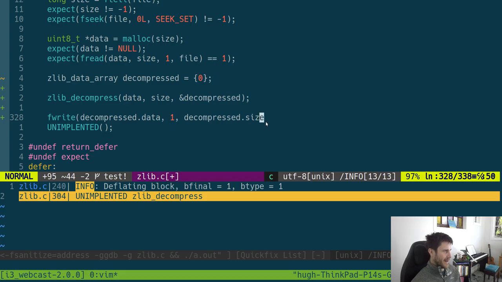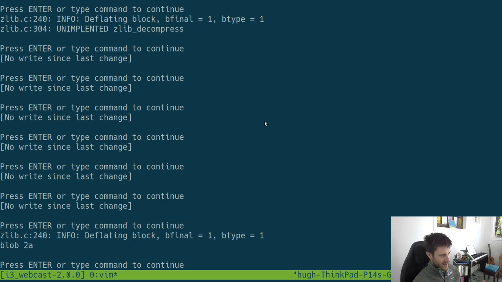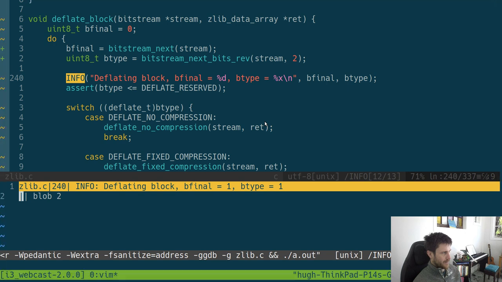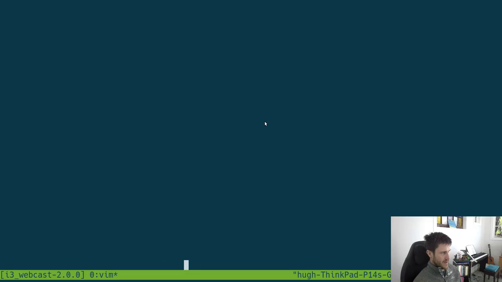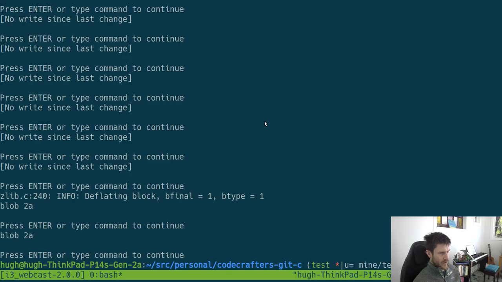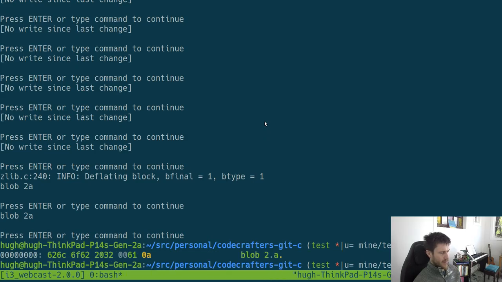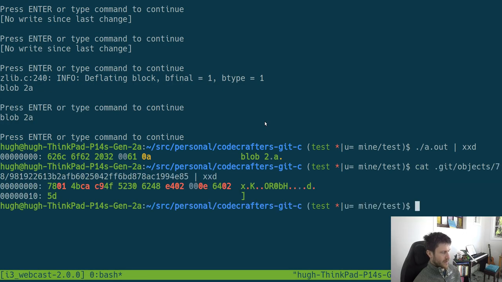Well, here, it doesn't really matter which way around it goes, but if we pump that out to stdout, that's potentially what we want to do, and then we get that blob to a, and it does have an extra bit around it, but yeah, so maybe I don't want that there, and here we can kind of see what this looks like, and if we see what this looks like, no, we need to,